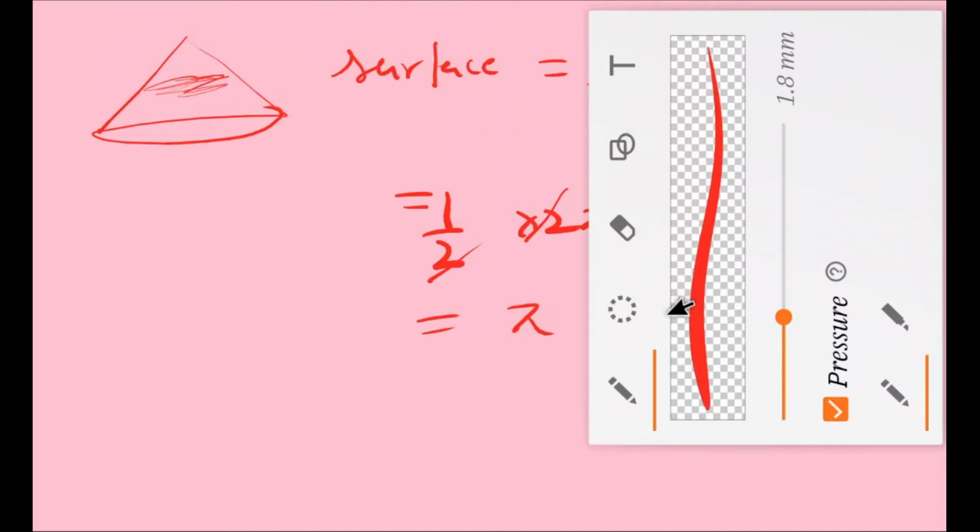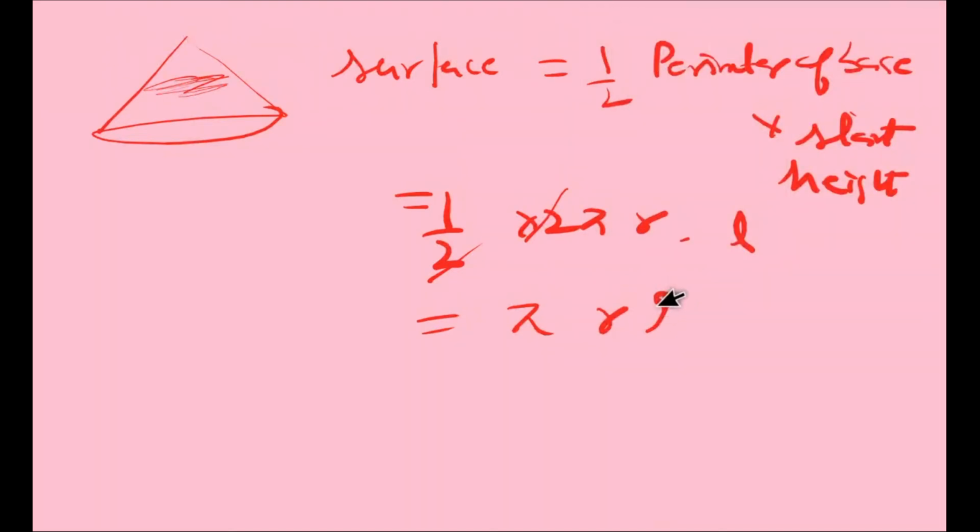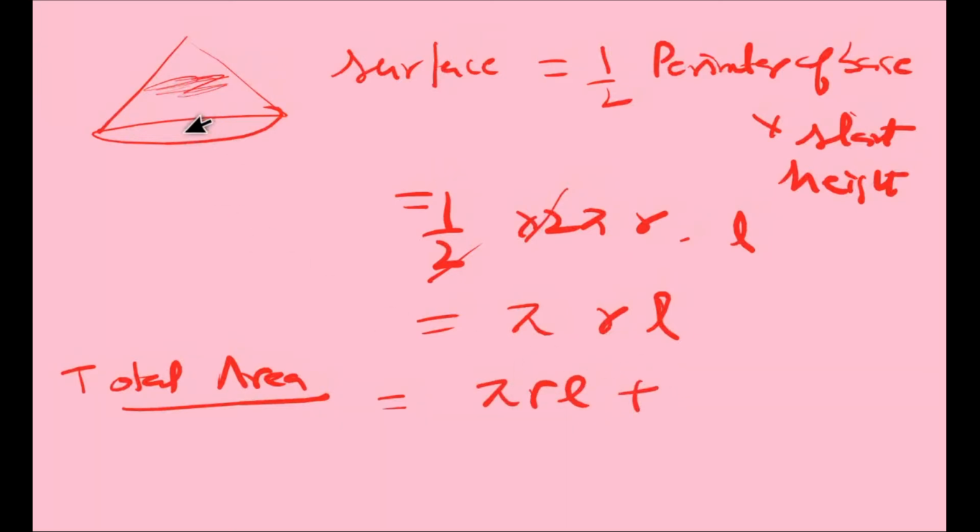So now what is the total area? I am telling you again and again, total area will depend on the shape. So pi r L plus this area, that is pi r square, the area of the base. So the total formula is pi r into L plus r. This is the total area. This is the lateral surface and this is the base, so we have to add these only. This way you can find the total area. Okay student.